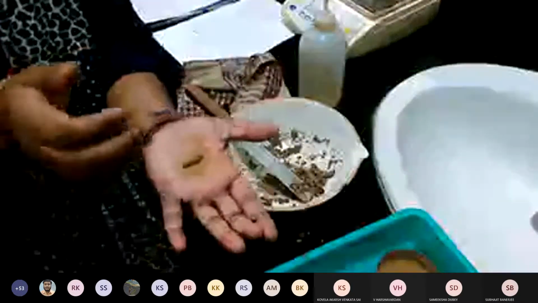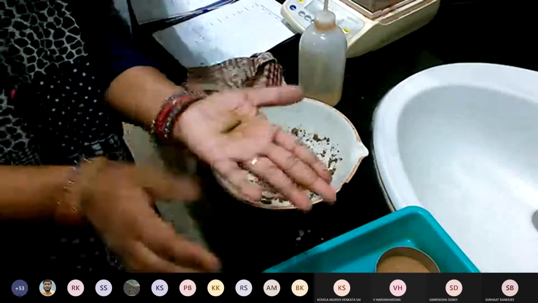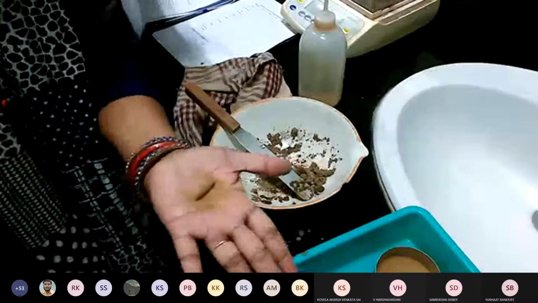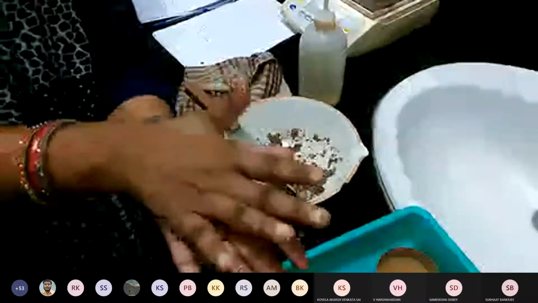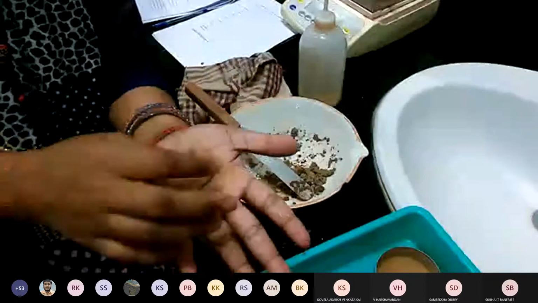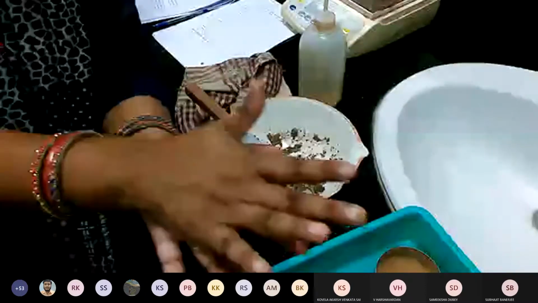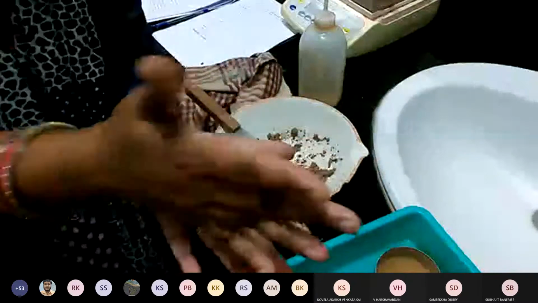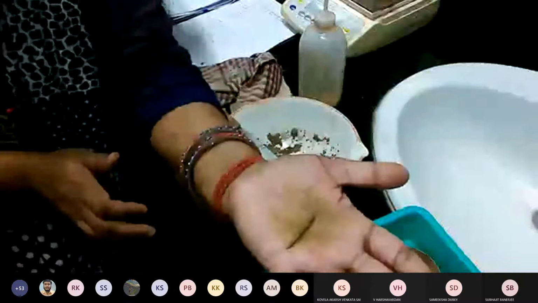So everyone, we are demonstrating three things simultaneously. One is there was some question on how to convert it into thread. So now we are demonstrating how the fine sample can be converted into thread. We can see how it is molded into thread. Then second, this is not converted to thread. Yeah, so this is thread.